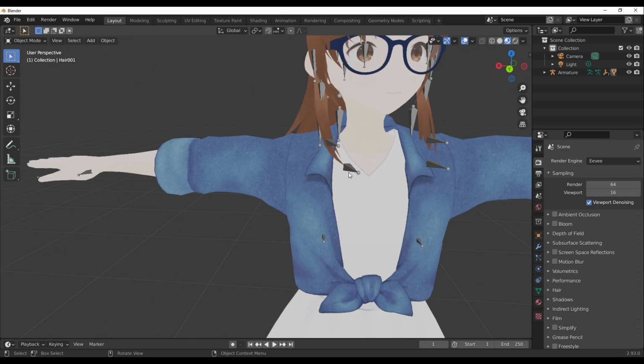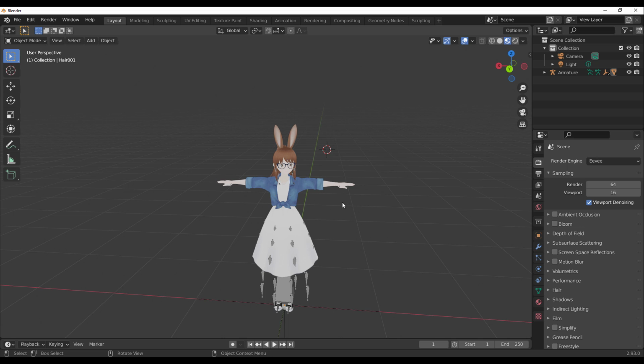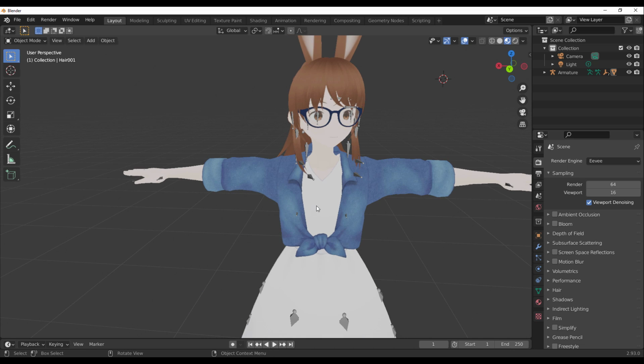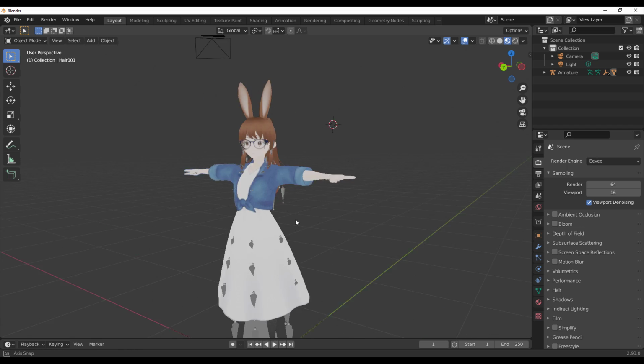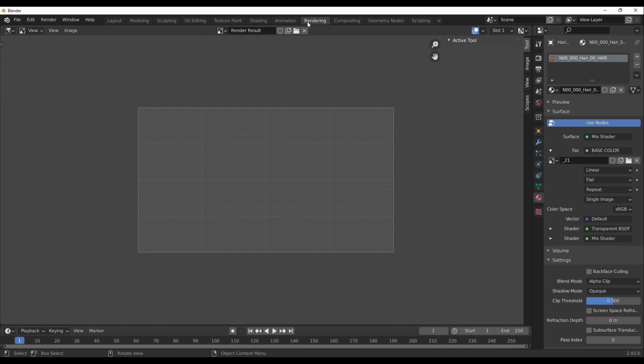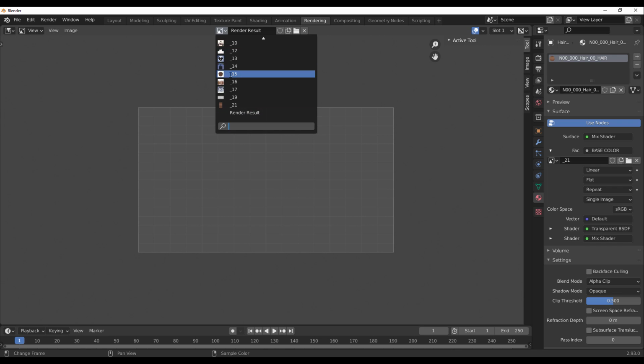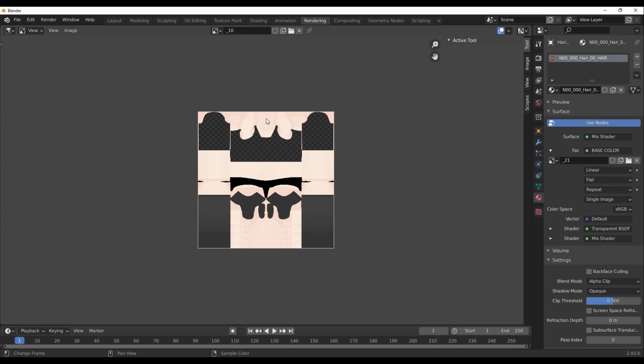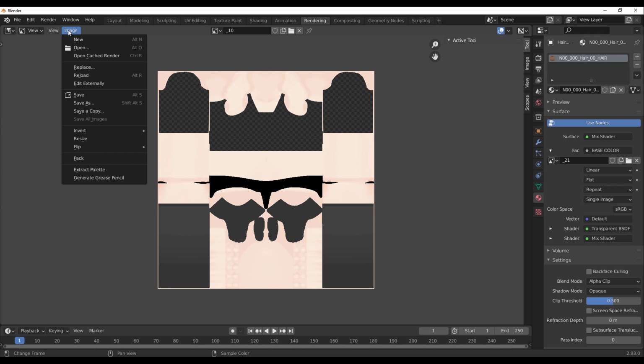And for the most part, if you like to get your textures, you can come over to Blender and get these textures out. So how do you get the textures out from Blender over to Maya and maybe any other tool? And how you can do this is very simple. You can choose to do this by going over to the rendering section, and if you click on the drop down, you will notice that we have all the textures here. So if I click on any of these, let's say for example, I'm selecting this one, I can now go over to image, and if this is packed, I can choose to unpack it, or I can just go over to this section and save it out. So if you save it out, you can now bring this over to Maya and start working with it.